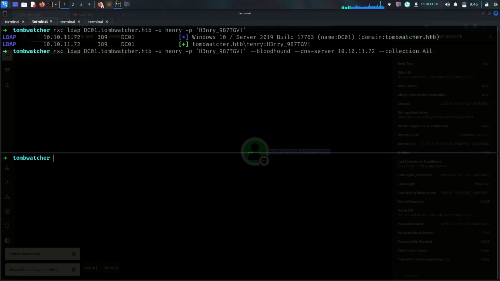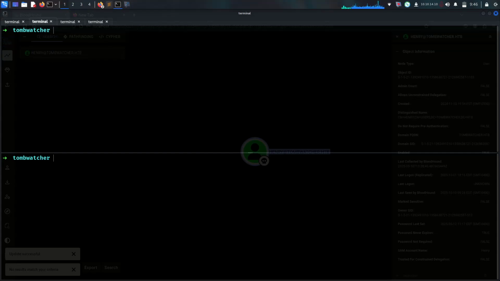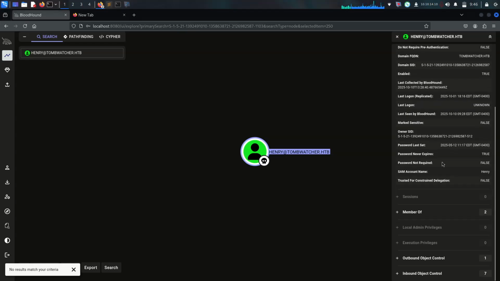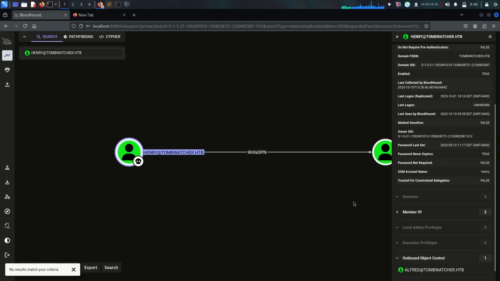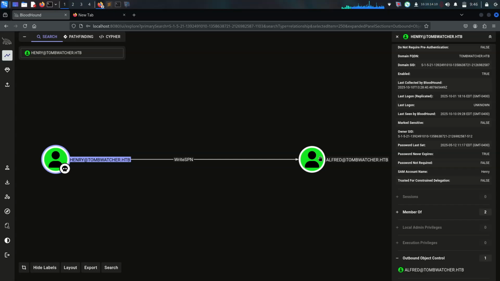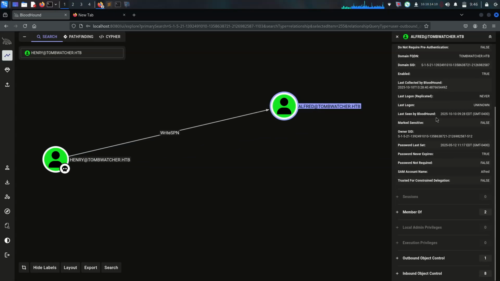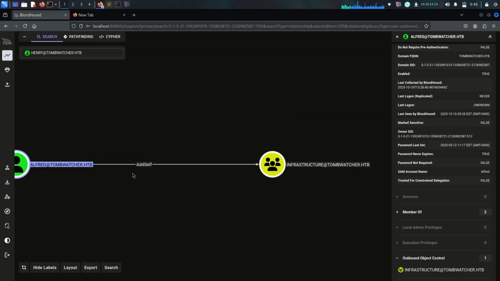Because we have his username and his password, what I'm gonna do is scroll down and look for outbound object control, and we just saw there's a write SPN right we have on Alfred. When I'm checking on Alfred, I will check it here. Another interesting thing is the outbound object control. So we have itself on